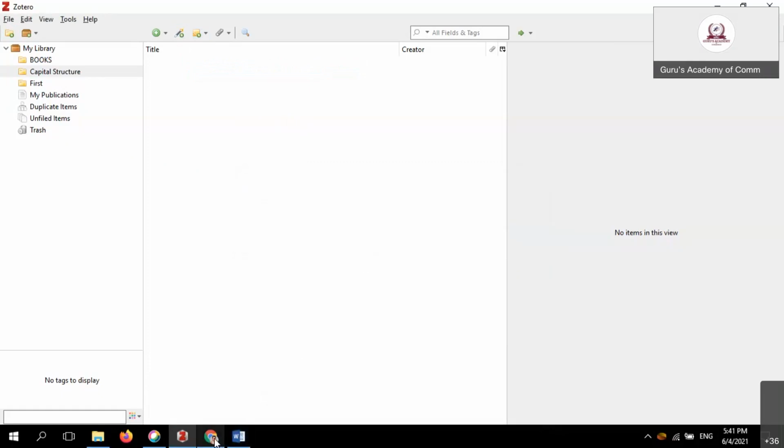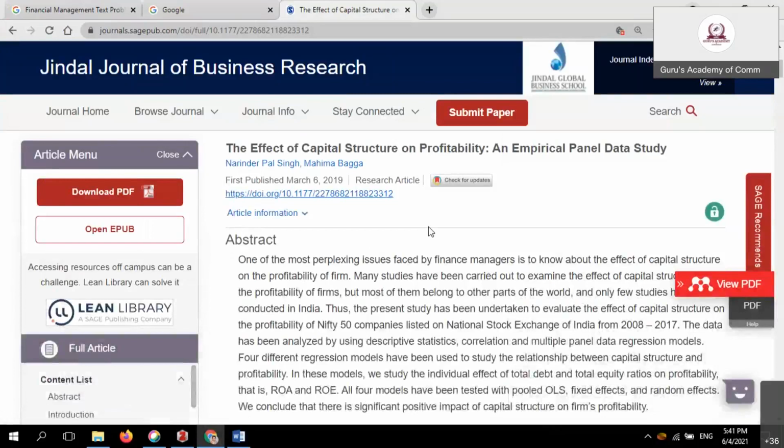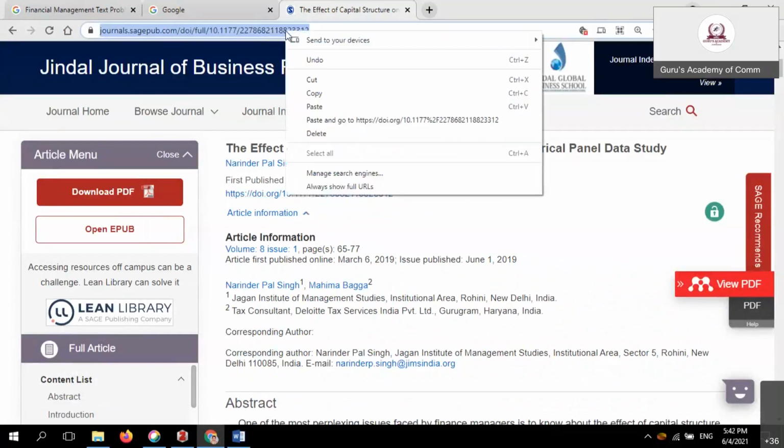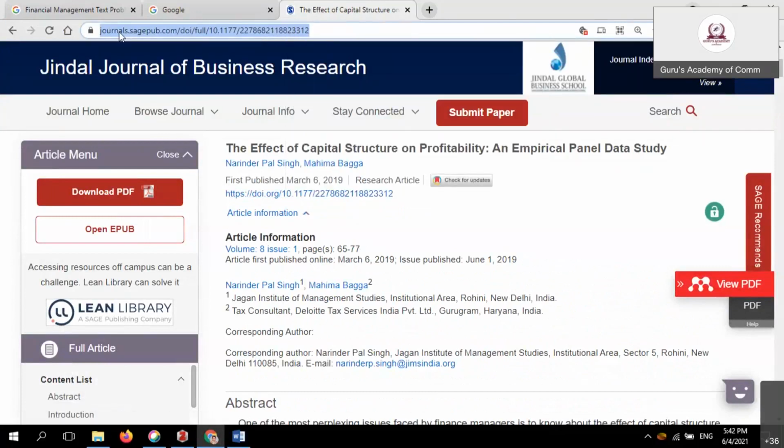Now that is the article information. Simply copy the entire URL link also. Since this process is not properly done, I want to copy the URL link from the top of the